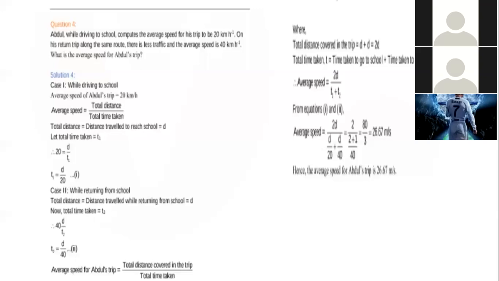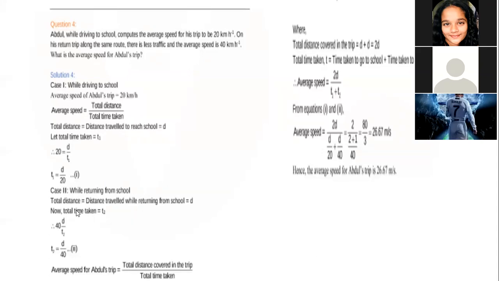Ma'am, I got this answer in kilometers per hour. If you just understand, in this particular question there is only one variable which is known to you. You have two unknown variables. You don't know the distance, you don't know the time. So when you have two such unknown variables, you have to derive in such a way and take the expressions in terms of variables and then find the average speed. So such questions will be difficult.